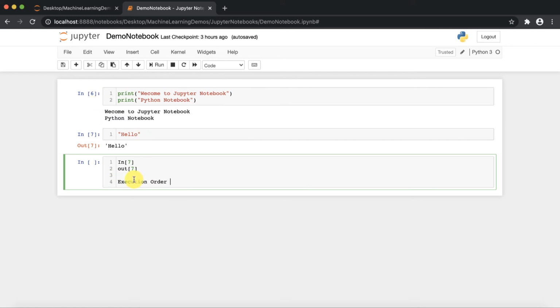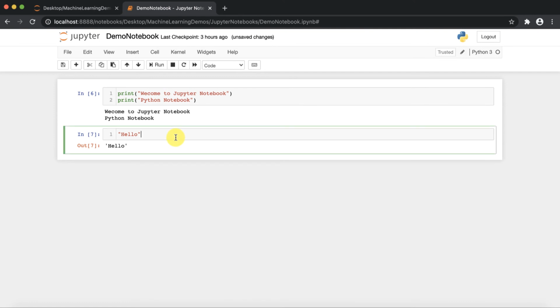According to that, you will be able to display the output. Right now I have not executed this cell, that's why this particular cell is blank. Otherwise, if I execute it, then it assigns an execution order number, right? So this is about the execution order, how it is going to be defined.